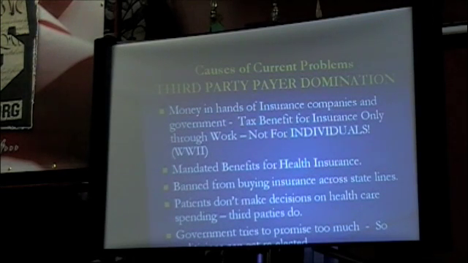You cannot buy insurance outside of your work and get the same tax break that you could if you buy it inside your job. So if I work for Raytheon and I decide that I want to leave Raytheon, I can't get